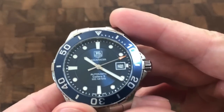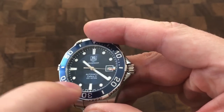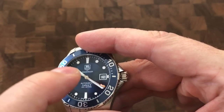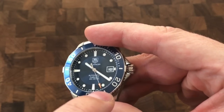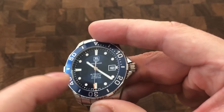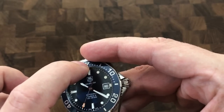When we look closer at the dial here, you see we have these white hour markings. They are filled with lume, as well as the hands. These very simple kind of baton hands are filled with lume as well as the orange pip here, and the pointing tip here at the second hand is also lume filled. We also got a lume filled pip dot up here